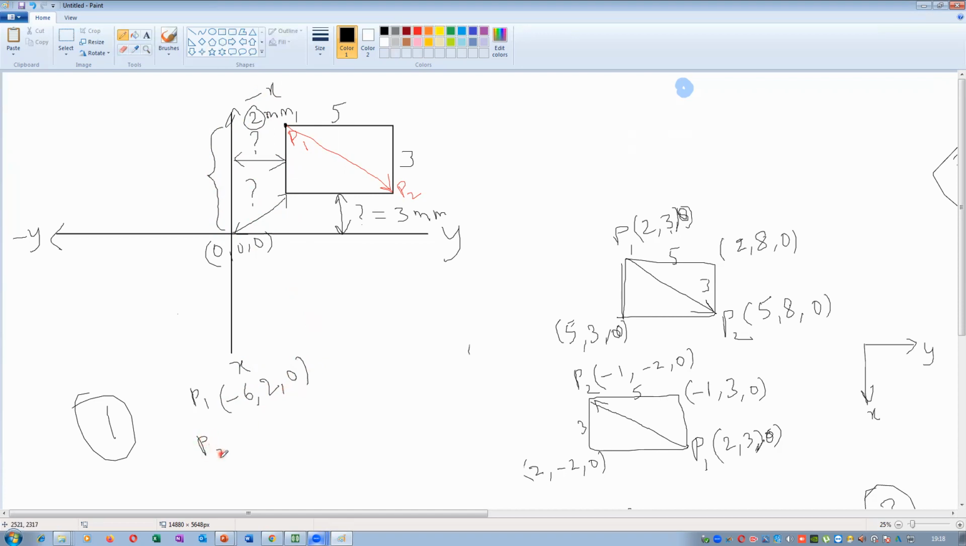So what about point P2? P2 will be the x coordinate. We have to calculate the distance from the y-axis. So this is the y-axis. This is the distance. How much? 3 mm. But this 3 mm is in what direction? Negative x direction. So minus 3. And